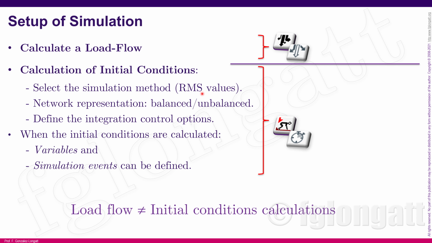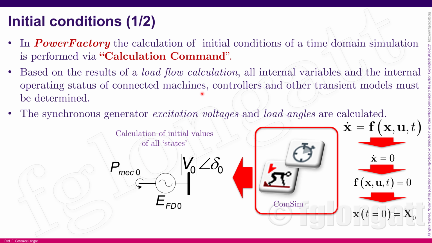The first thing that we need to do is select the RMS simulation method. We need to define that we are using the balanced condition, and we can go deep and define many other things. But I need you to understand, as I did in the practical example, that load flow is one calculation and the initial calculation is more than a load flow. To be honest, the calculation command initial condition is doing more. Because when we use the calculation command for initial conditions, inside Power Factory it is calculating a load flow,